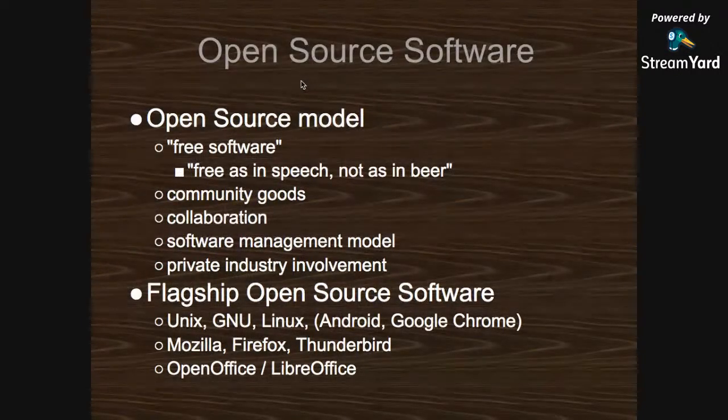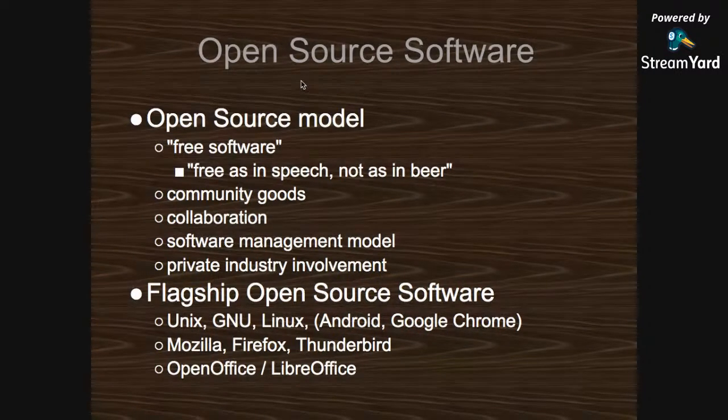So to start off with, open source software is a model. It's not a particular tool. It's not a particular way of doing things, but it's a model. It's a mindset. It's a culture of sharing tools and of sharing the source code behind those tools. What is sometimes referred to as the free software model, and that is often explained as free as in speech, not free as in beer. In other words, it is free as in no one can restrict what you can do with it, not free as in you have the right to acquire it without pay at all times.